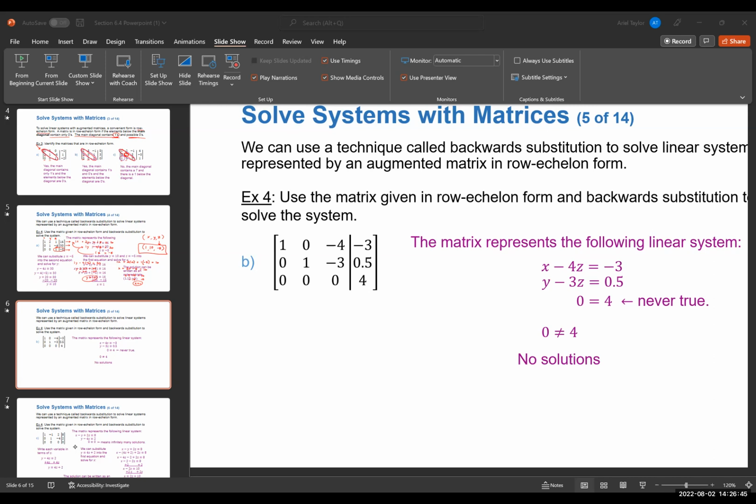Typing in my system, I got 1, 0, -4, -3, 0, 1. Uh-oh. -3, 0.5, 0, 0, 0,